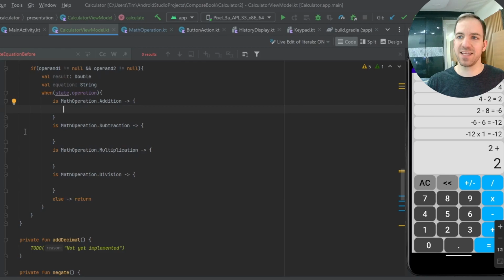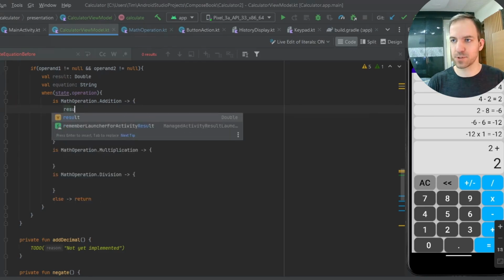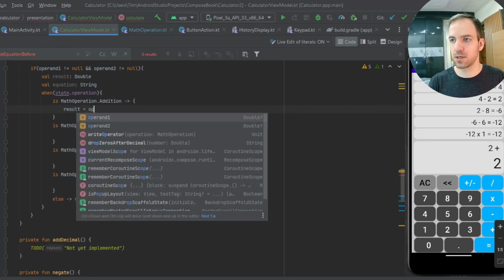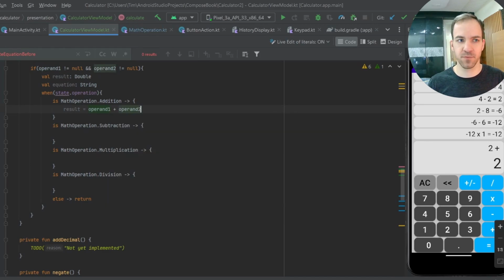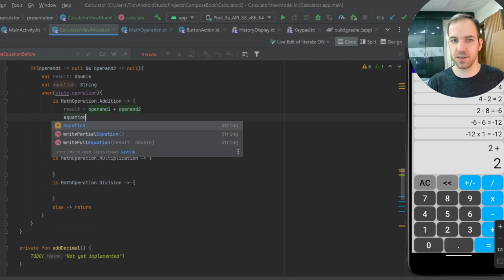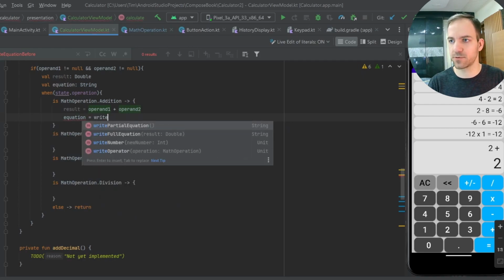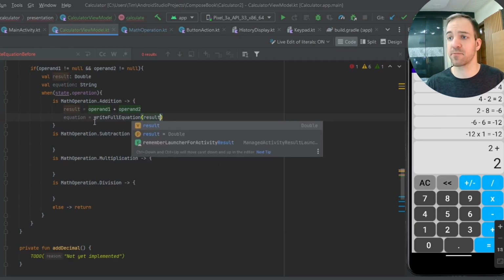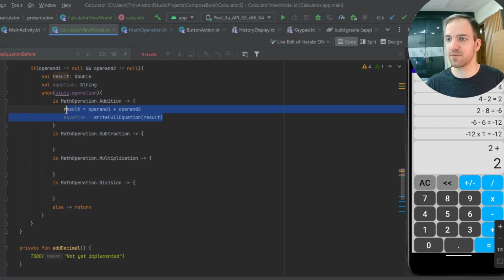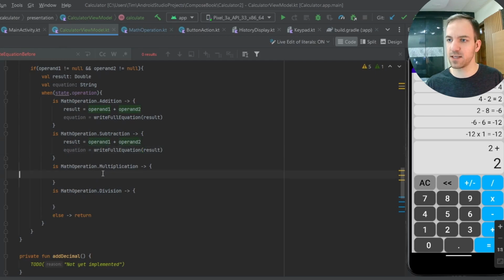Okay, so in here, we're just going to do result equals operand 1 plus operand 2. And then our equation is going to be equal to write full equation with the result. So the string that comes back from our write full equation function that we just defined. So now if I copy this, paste it in each of these,